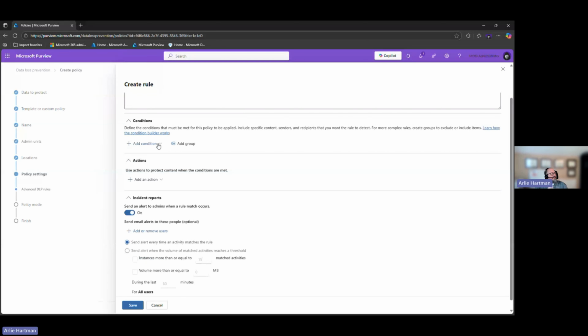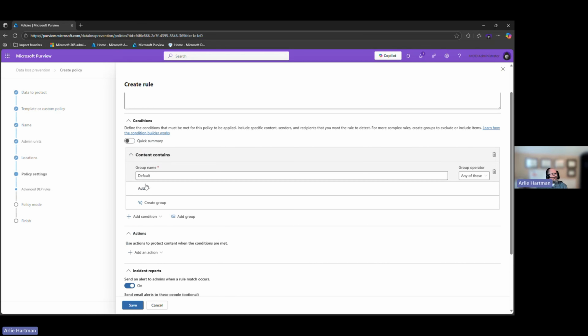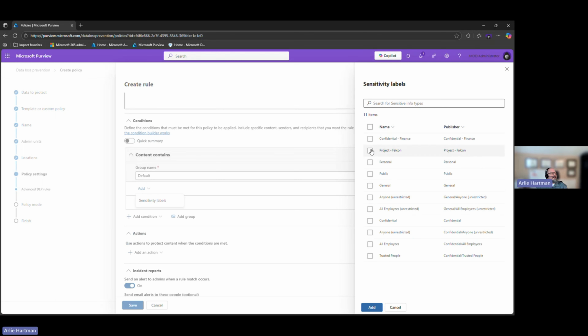Now, conditions. Every DLP policy has to have a condition and an action. That's the whole point of DLP. I see something present, some condition is present. I therefore take some sort of action. So in this example, content contains, and the only choice that I have is sensitivity labels. And then I see my little fly out here and I can say, hey, Project Falcon is no-go for Copilot